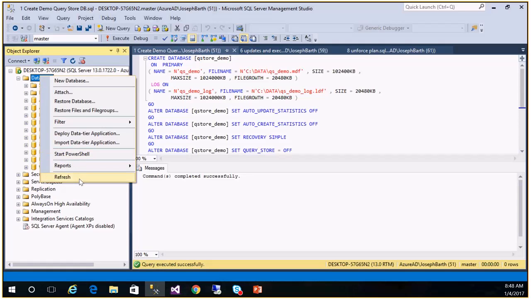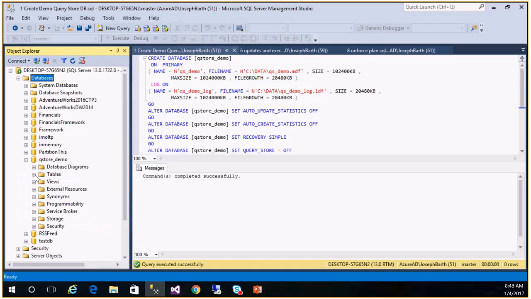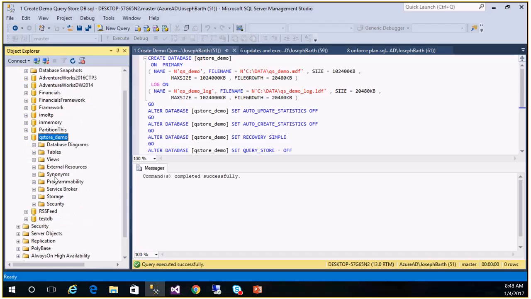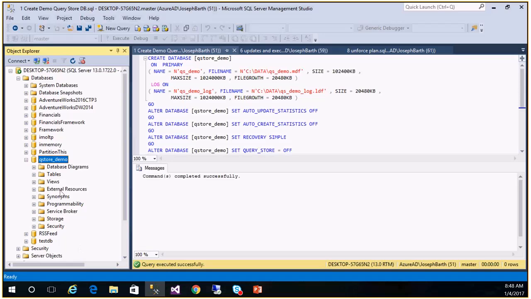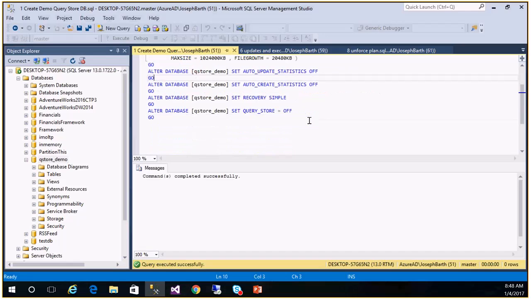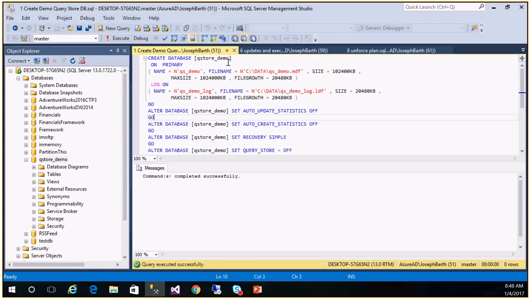And the thing is, to understand if you even have it turned on, you go to the database, and then you can see within here. Obviously, since I turned it off, it is not there. There should be a folder that says Query Store, and then you can access your query information from there. So if I go ahead and go to the second one,